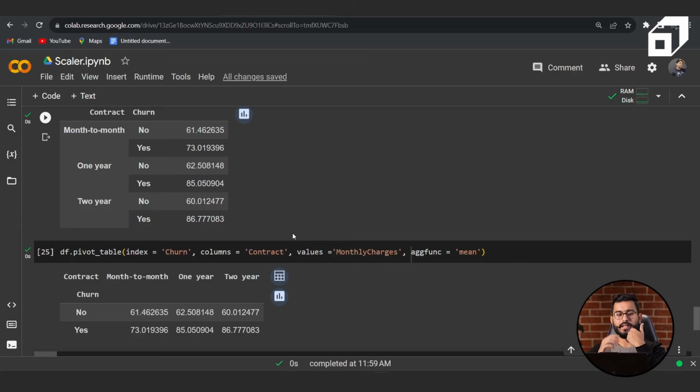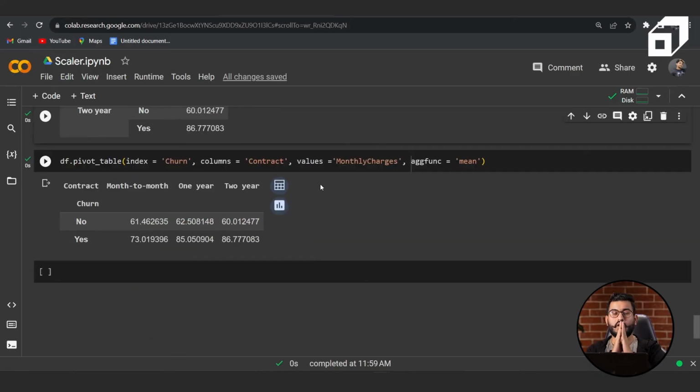So this is how we can group the data. We have seen both the examples, how to group the data using GroupBy functionalities, and within GroupBy how to perform one level grouping or multi-level grouping. Then we have seen the example of how to use pivot tables to group the data on both row and column level. Now let's talk about how to delete a column and how to add a new column in a